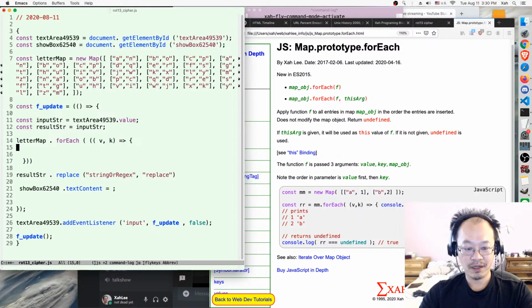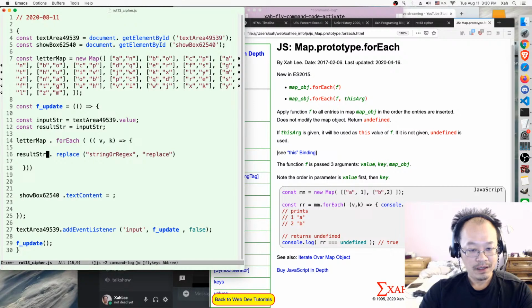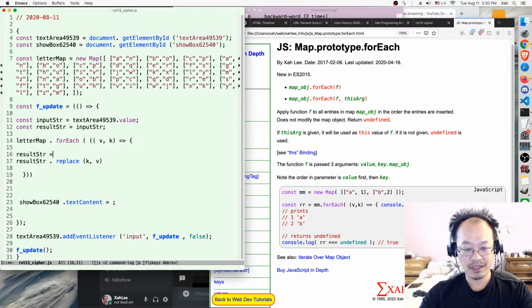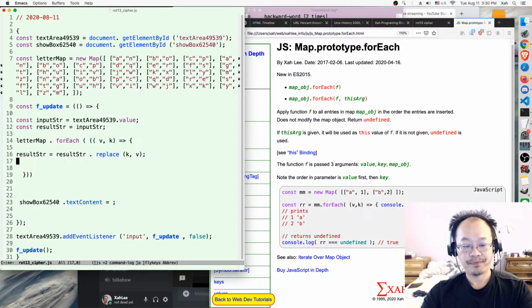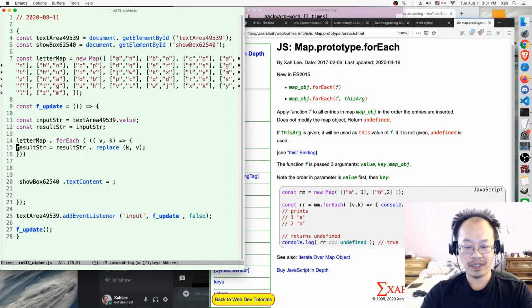Then what you're going to do? You're going to do find and replace, right? So the regular expression, the find string will be the key, and the replace string will be the value. Okay, so then you need to say result string equals result replace. That's essentially what we need,